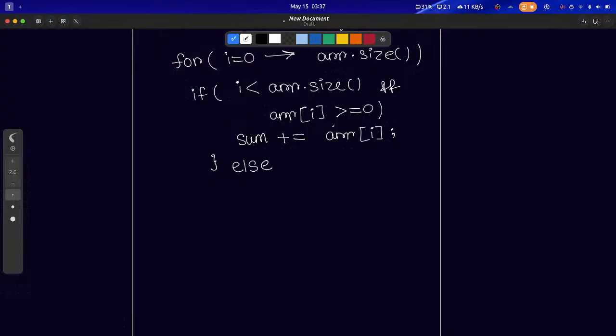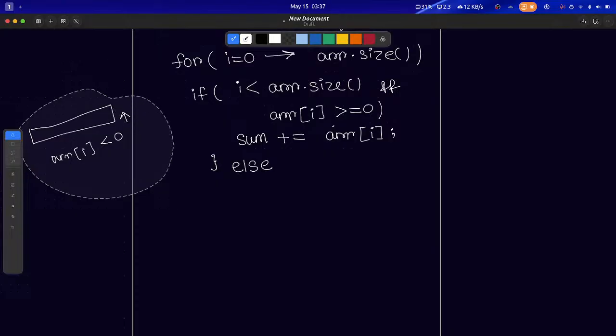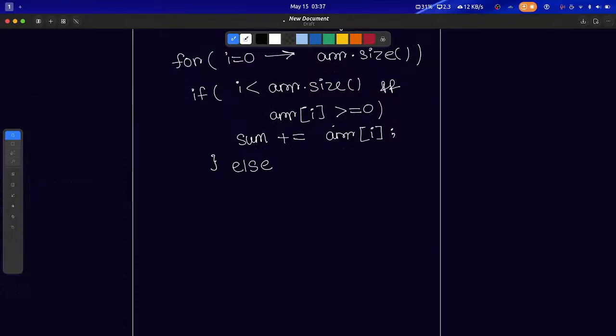Else condition will be, suppose I have crossed the array, or my current array element is negative. In that case,